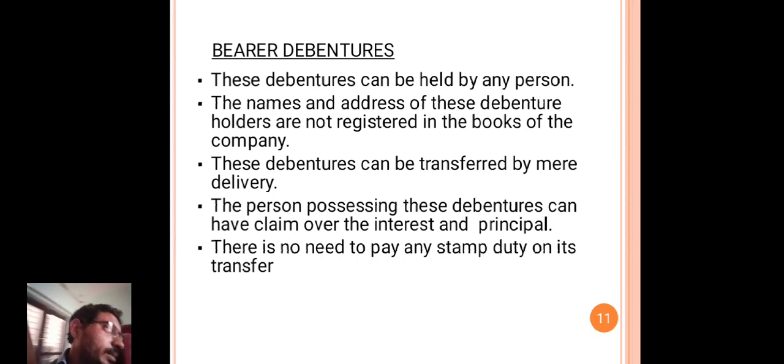These debenture holders' details are not registered in the books of the company. Okay. Then next,